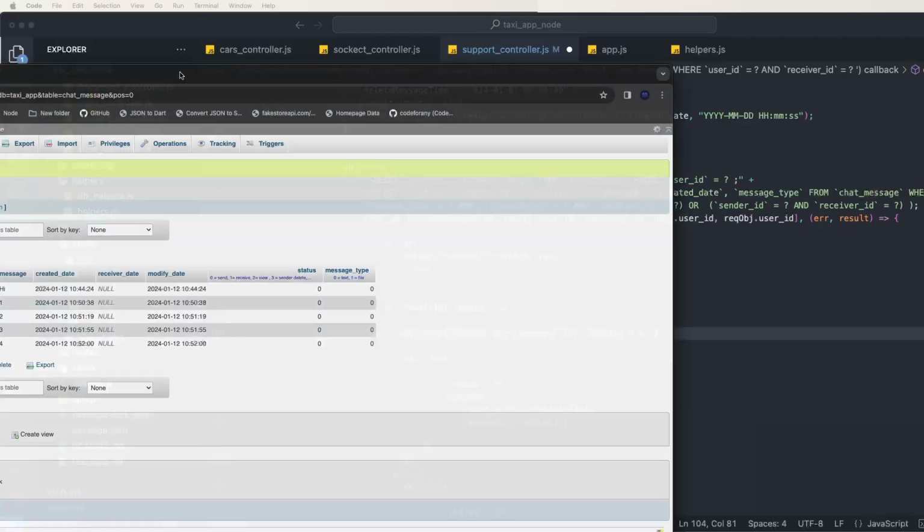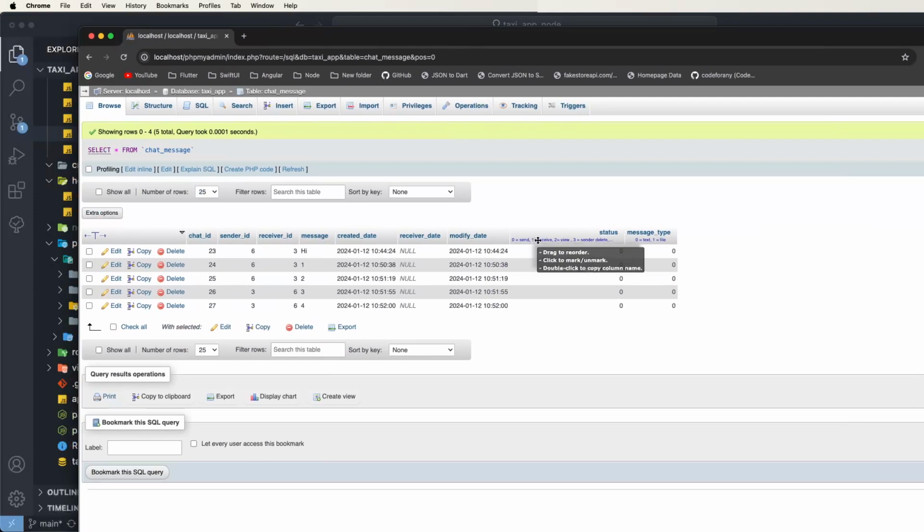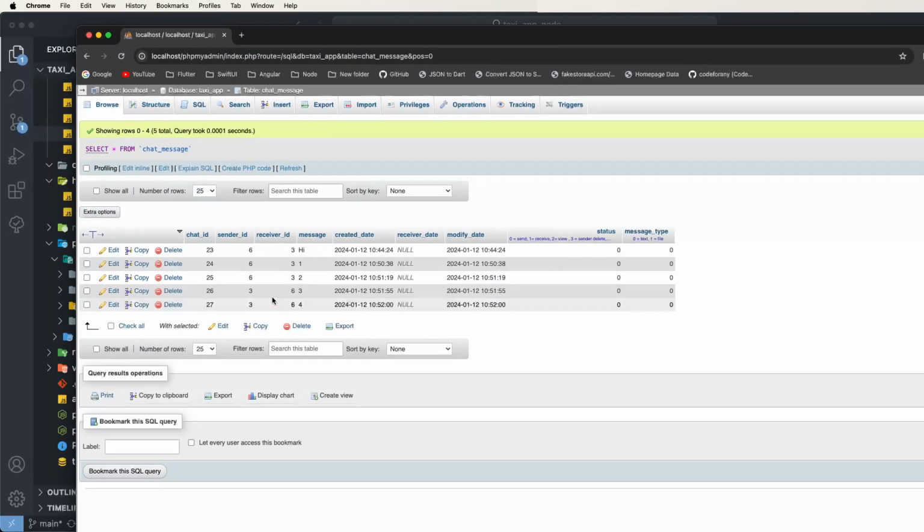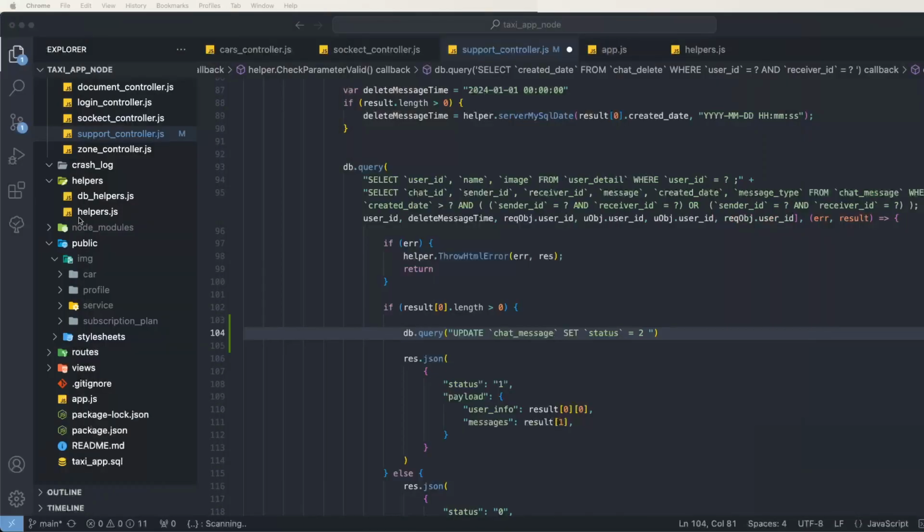I have opened this database, and to manage this received message we need to set the 1 for this specific user's sender, and write down like this, set status 1